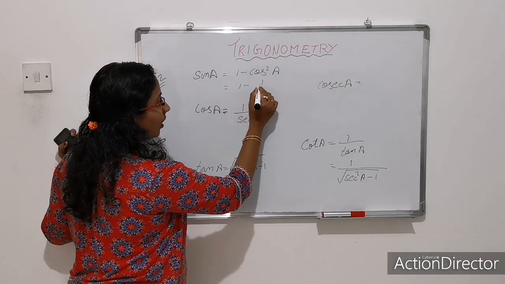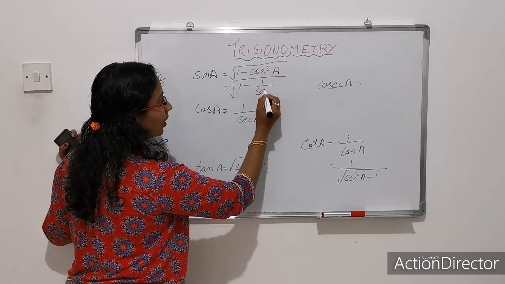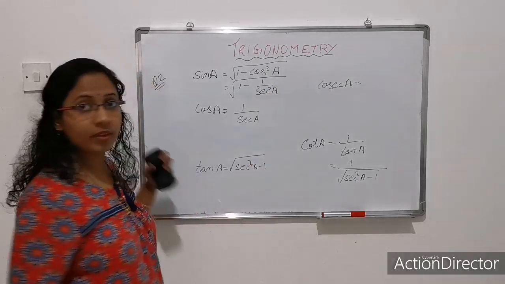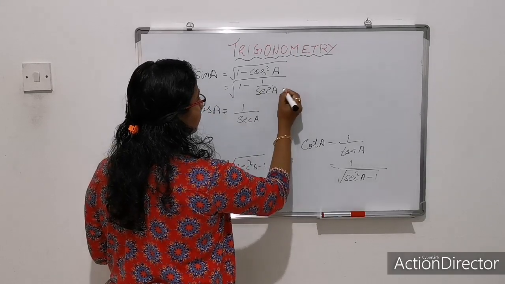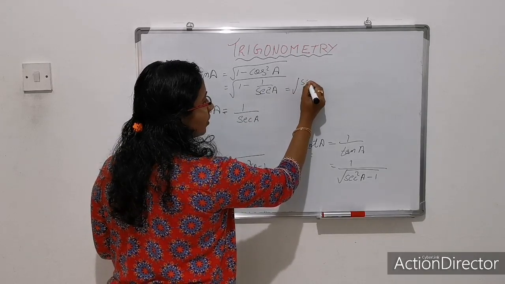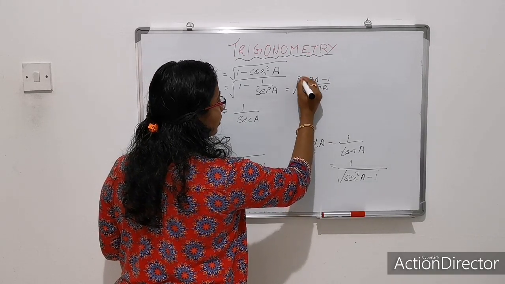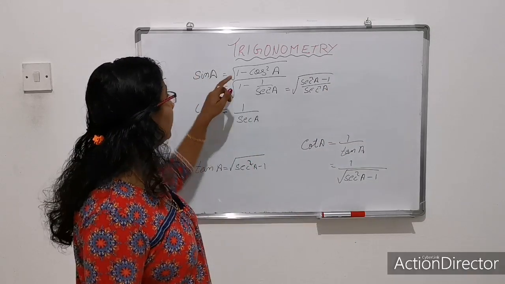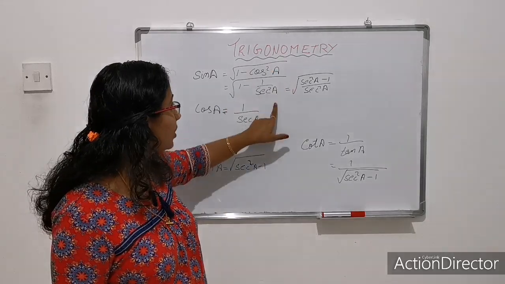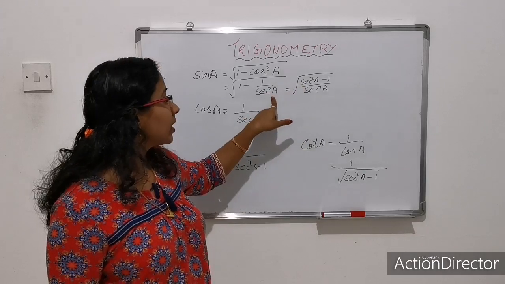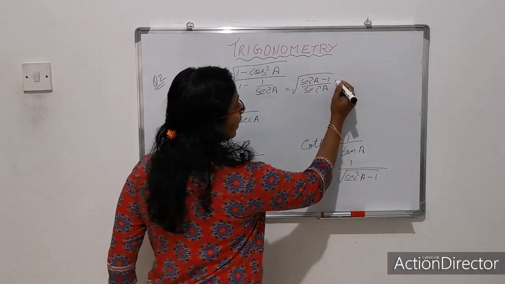Replacing cos A by 1 by sec A, this is root of 1 minus 1 by sec square A. Clear? Get it? Cos square A is 1 by sec square A. So taking LCM, this becomes root of sec square A minus 1 divided by sec square A, which can again be written as